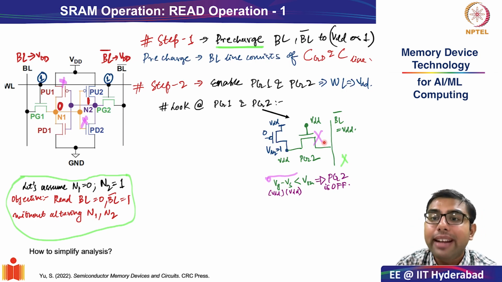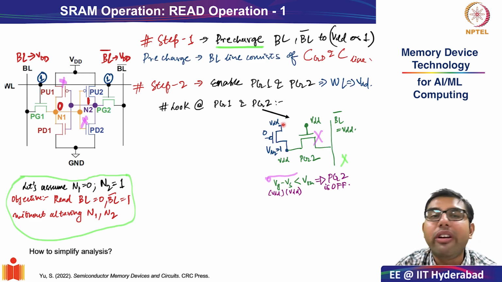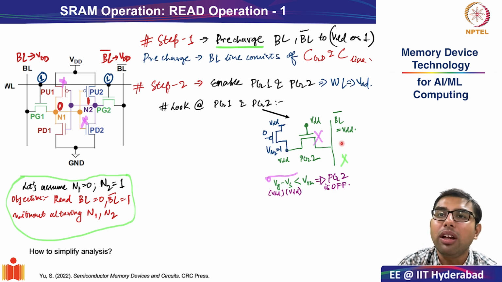What do we see? Let us evaluate the voltages at different nodes of this connected transistor pair. We see that VDD is connected to the drain of the PU2, and at the source is also VDD. What is happening at PG2? The source and drain both have VDD. And although PG2 seems to be turned on, because at the gate, which is connected to the word line, you have applied VDD,